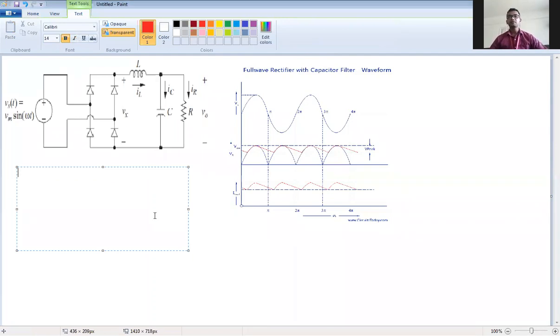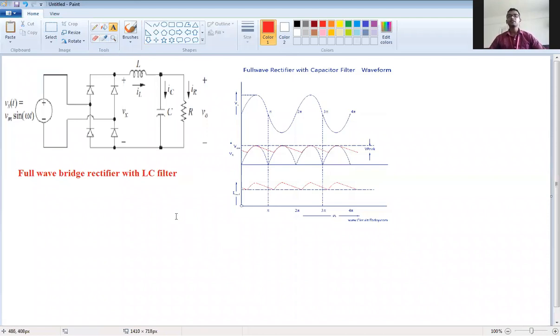So in this way the filtration takes place. So this circuit is a full wave bridge rectifier with LC filter, correct?